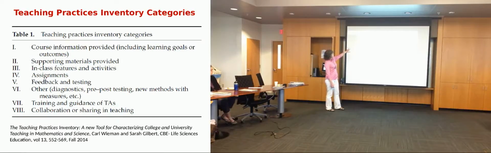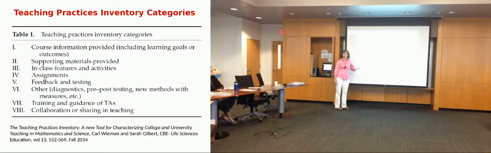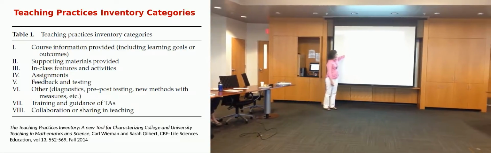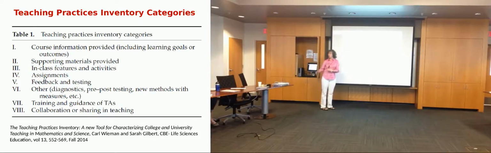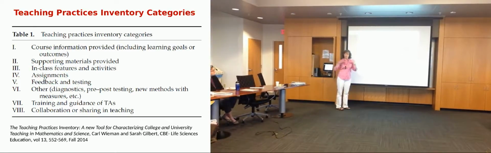The questions fall into 8 categories, and this is a table from the paper that's been published about this protocol, and I'm happy to share the reference with anybody afterwards who wants to read the scientific paper. But the categories are course information provided to the students, so learning goals or learning outcomes, supporting materials that you might provide to students to help enhance their learning experience in the classroom, in-class features and activities, so what are you actually doing, how are you spending your time in the classroom, to what extent are you getting feedback within